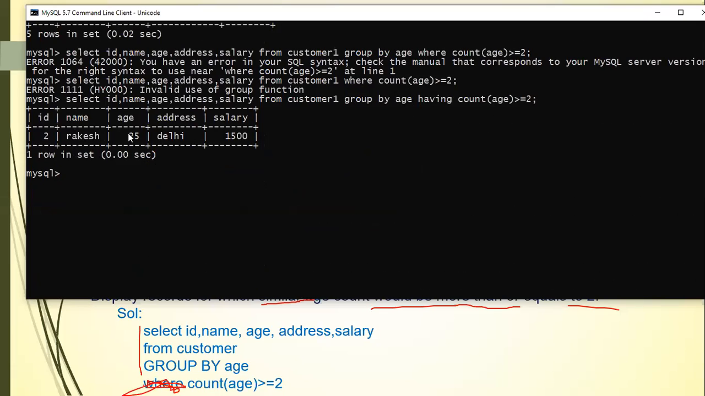Now, when we apply the condition or when we perform the grouping on a particular column, then we don't consider other fields. We only focus on that particular field on which we apply the group by clause, and we can apply the